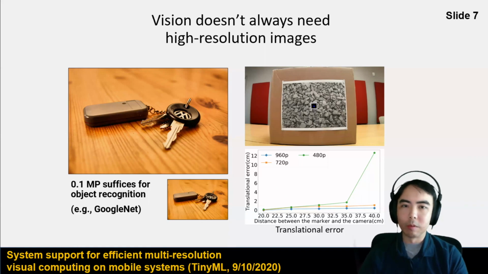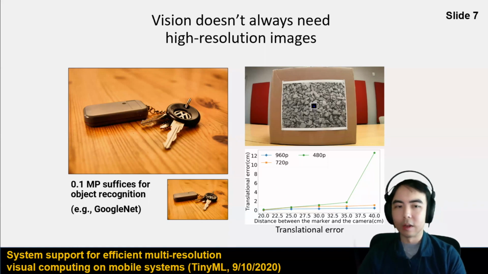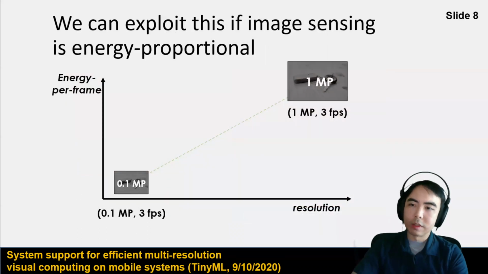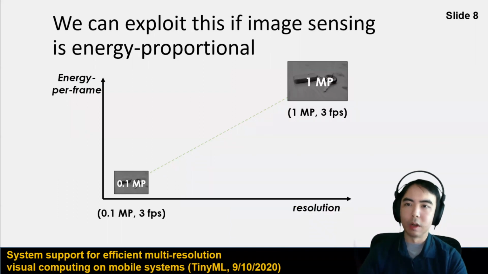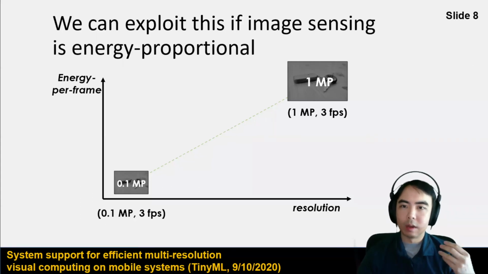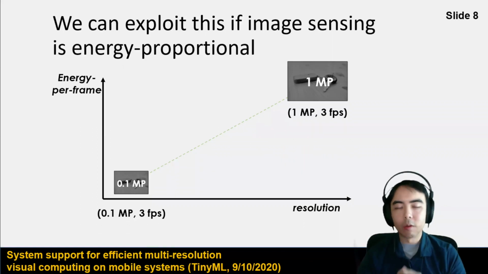We'll go through both of these projects in the context of this talk. So, like I said, we've got this nice possible trade-off here: if image sensing is energy proportional, then if you're dealing with a high resolution, maybe you take up some energy per frame, but if you're dealing with a much lower resolution, you should take less energy per frame. And if you look at sensors that capture high resolution images, you'll see that they're usually higher power than sensors that capture low resolution images.